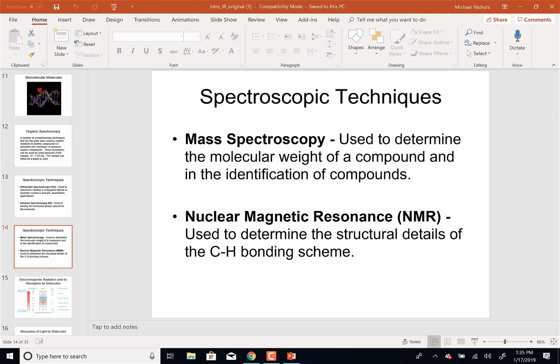And then finally, NMR, which is the one we're going to spend the most time on because that gives us the carbon-hydrogen skeleton of the molecule. So we can determine the difference between methyl, ethyl, isopropyl, propyl, isobutyl, butyl, tert-butyl. We can tell the differences in all those groups using NMR. And so in my opinion, that's the most powerful one, but that's because I've been doing NMR for a long time. And if I was a mass spectrometry person, I would tell you that mass spectrometry is the way to go. But those two are very, very powerful.